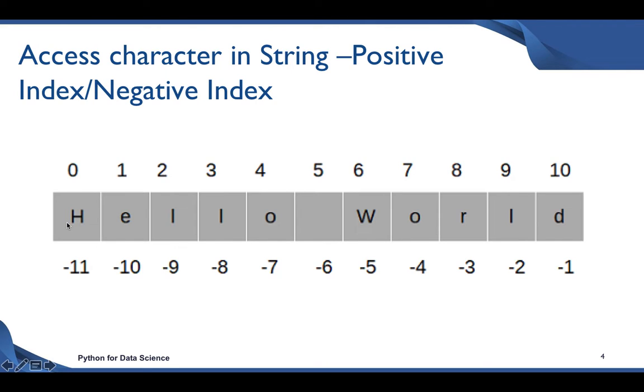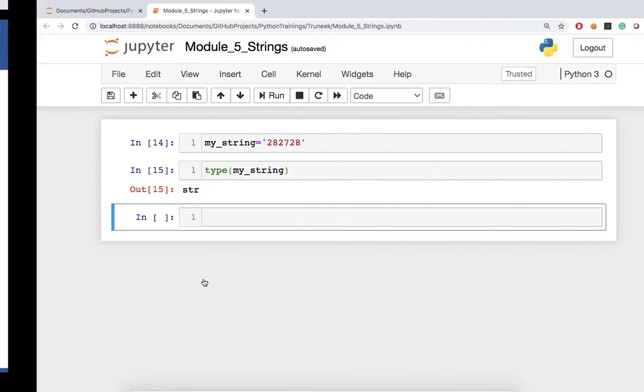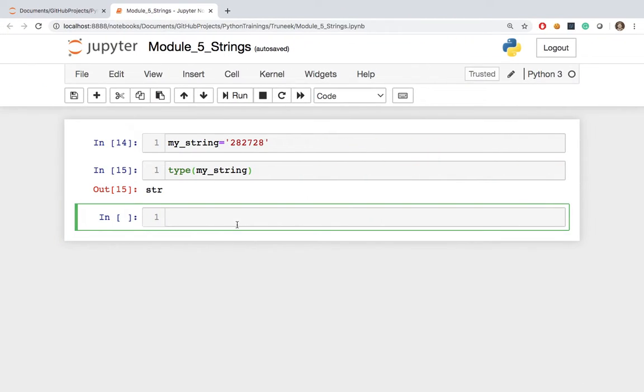So this is how we represent indexing in the case of our strings. And negative indexing starts from the negative part, that is -1, and goes up to the start of the string. It starts from the end and goes till the starting, right? So you can access your character by using either a positive index or a negative index. So let's see how it is done. I take a string, my string 2, and put in hello comma world,